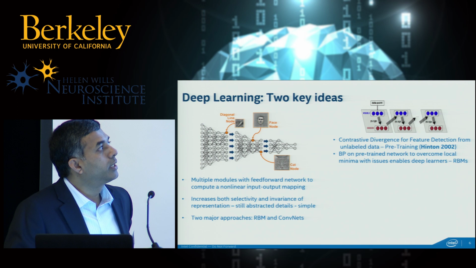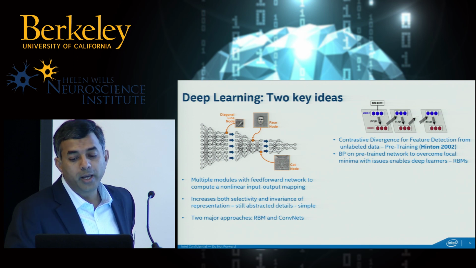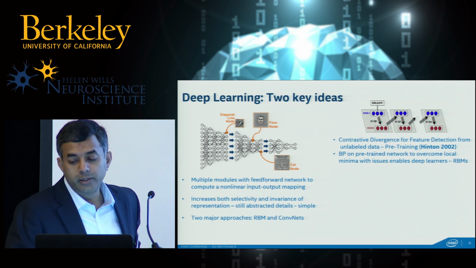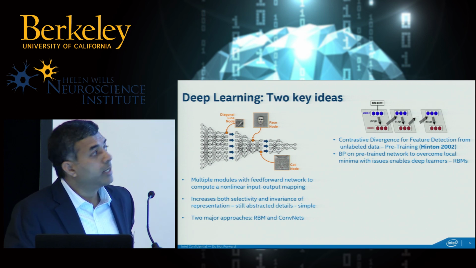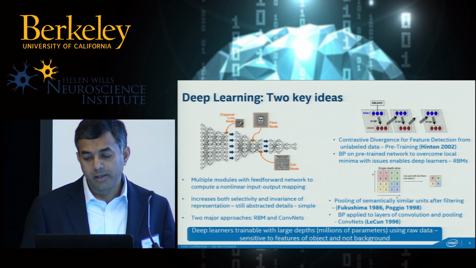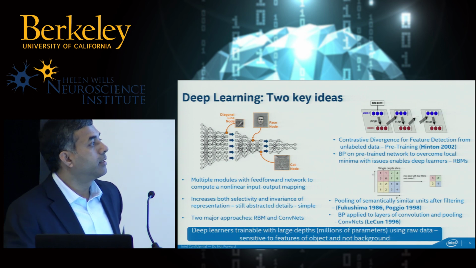And so if you put this stack together and then you do backpropagation on this pre-trained network, so to speak, you would overcome the local minima problems that were a big issue with the shallow learners. So that enabled deep learners, and this is the restricted Boltzmann machine idea. And then there's also, in parallel, another idea which is